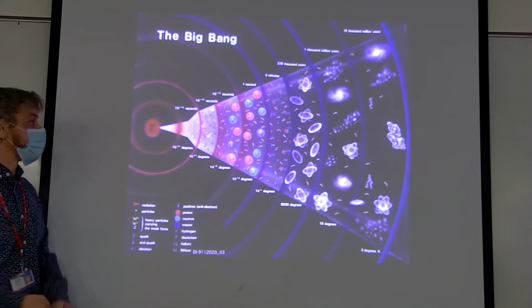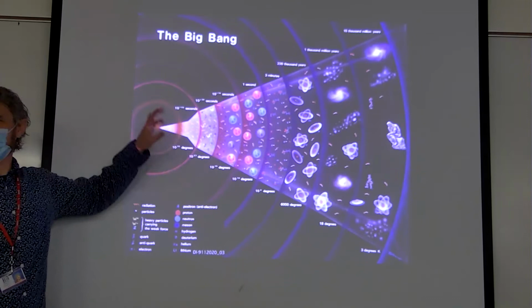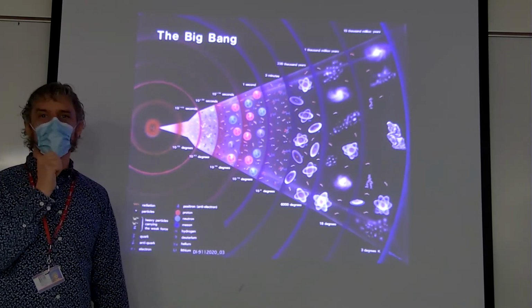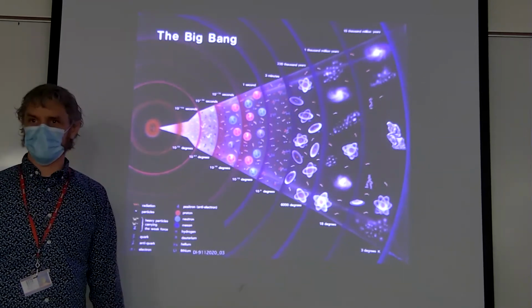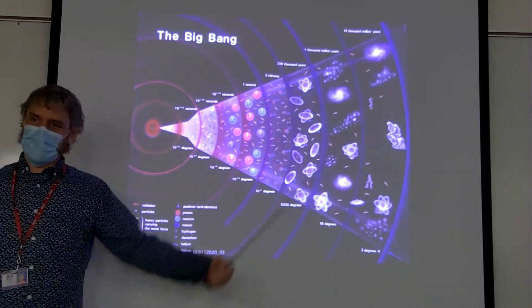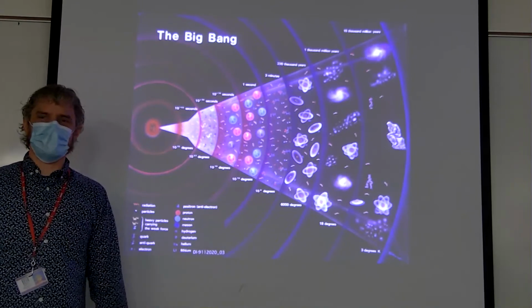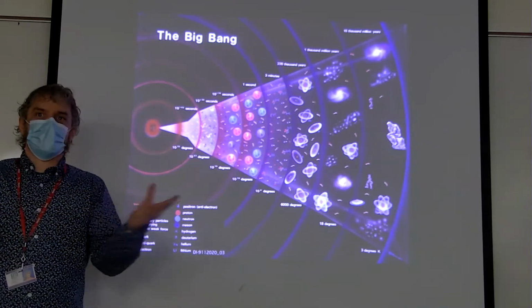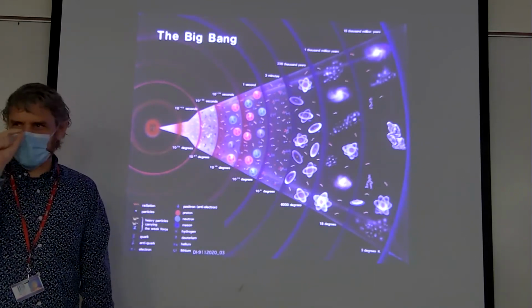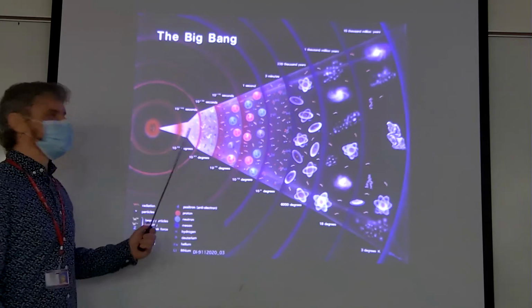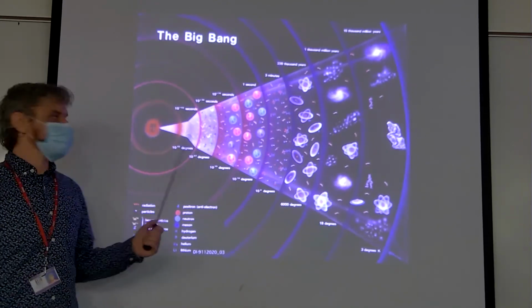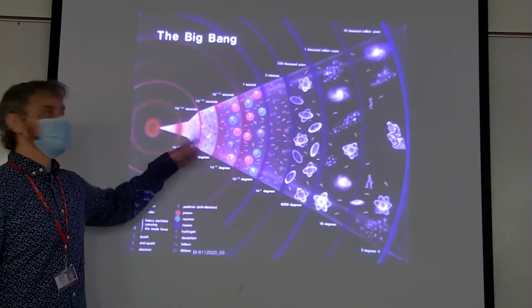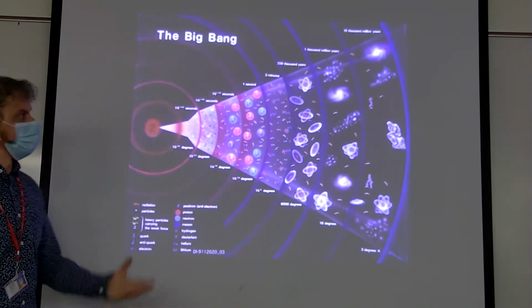First of all, particle physics makes predictions for what the universe should have been like at that time. And then we build particle accelerators, the largest of which is the Large Hadron Collider you might have heard about. They crash subatomic particles together at near the speed of light, 99.9999% the speed of light, and they observe the conditions. And those conditions on a very small scale are exactly like they were at the beginning of the universe. The temperatures and the pressures that you see here, we can attain on the Earth just on a very small scale, and we see all this stuff. And so that's how we know that's what the early universe was like.